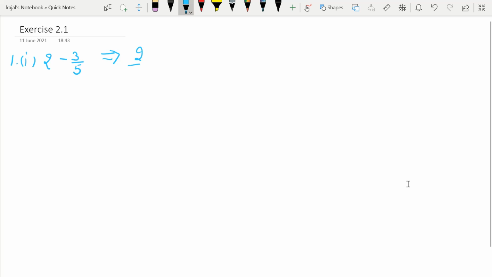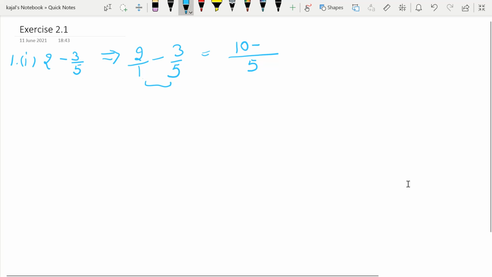This can be written as 2 by 1 minus 3 by 5. Now the LCM of 1 and 5 is of course 5 automatically. Then we have to do the minus calculations. But before that, at 1 we know that for getting 5 we have to multiply 1 by 5, and similarly we have to multiply 2 by 5 also, because we have to multiply the denominator and the numerator with the same number. So here it can be 10 by 5.